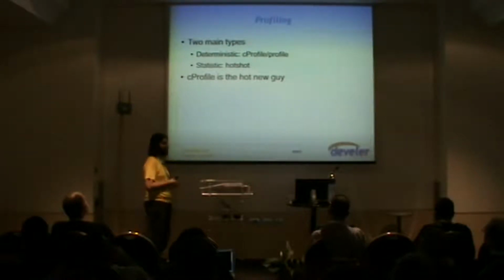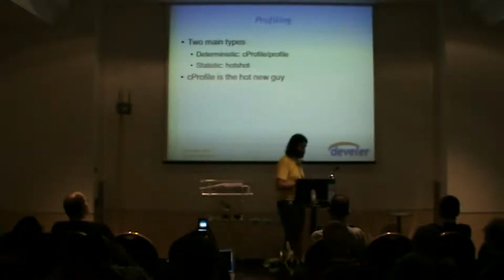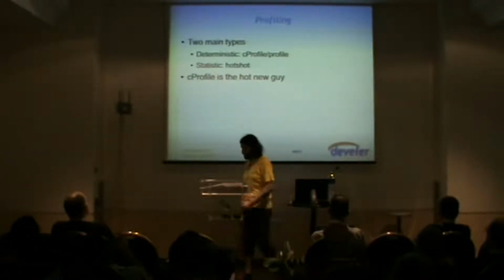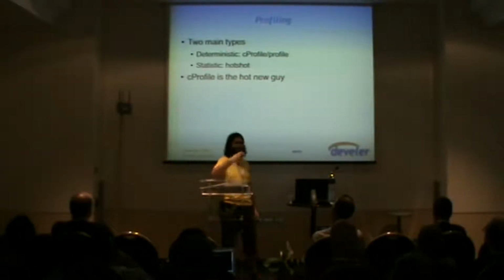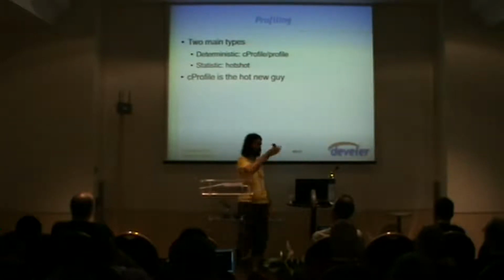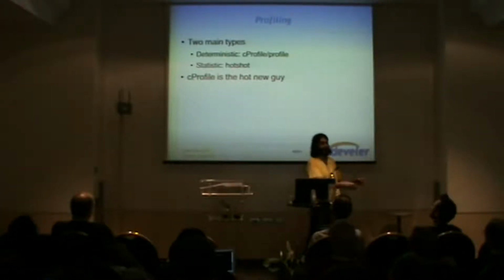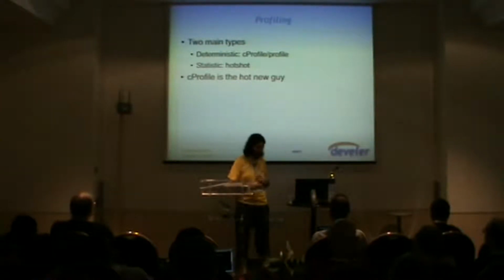Deterministic profiling means that your code is instrumented automatically. So basically, the CPython interpreter has a way to know exactly when a function begins or ends and measure the time. Statistic profiling means that basically there is a check very often. It schedules a timer, say every 10 milliseconds, and checks which function it is in at that point. Then by statistics, it says, okay, this function takes a lot of time because many times when I wake up, I was within this function, okay? So you can either have the statistic approach or the deterministic approach.